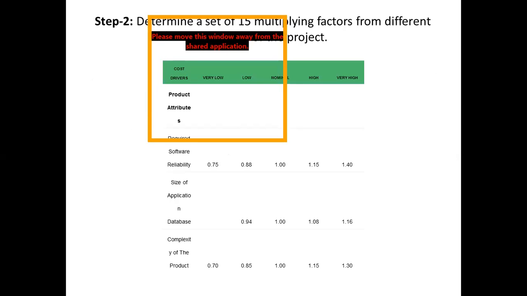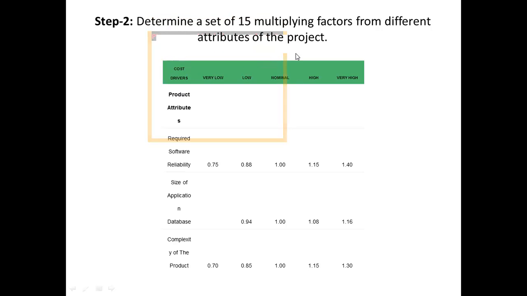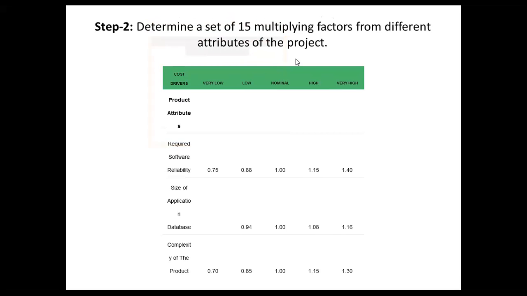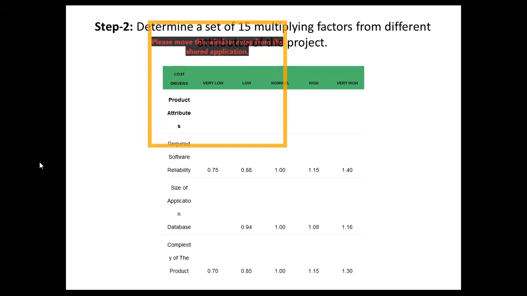Now under step 2, there are 15 multiplying factors. Whenever we are going to calculate the effort, we will use such multiplying factors, MF1 into MF2 and so on.